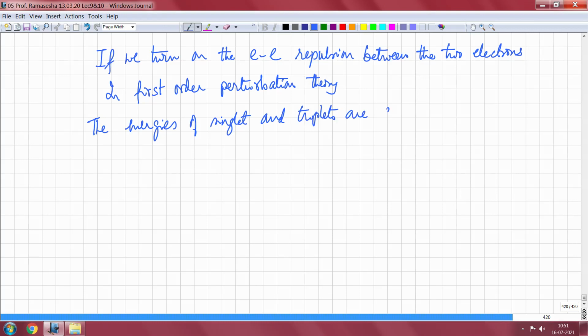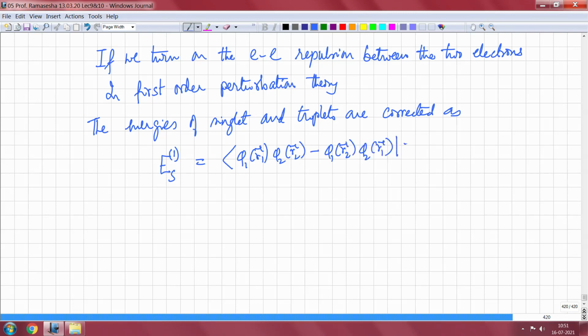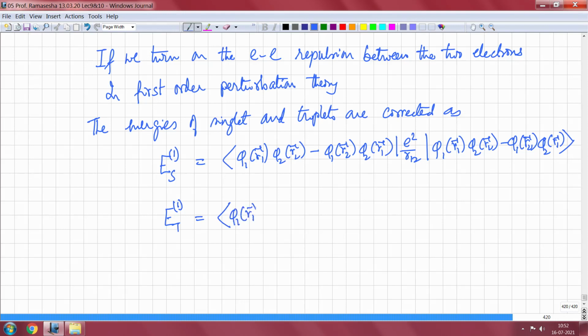E1 singlet is equal to phi1 r1 phi2 r2 minus phi1 r2 phi2 r1, e squared upon r12, same thing, phi1 r1 phi2 r2 minus phi1 r2 phi2 r1, and for the triplet the correction is given with a plus sign in between, phi1 r1 phi2 r2 plus